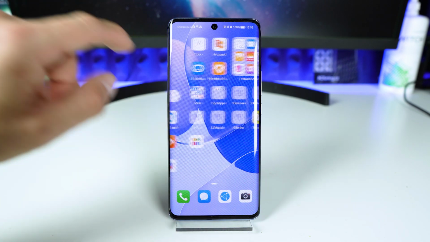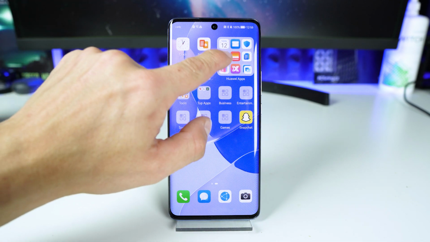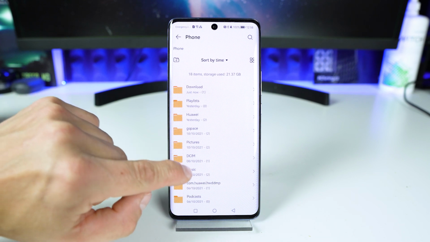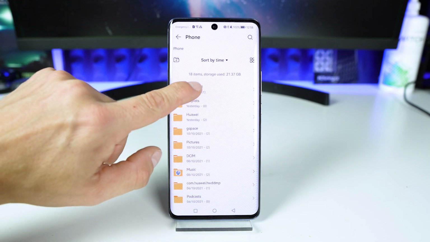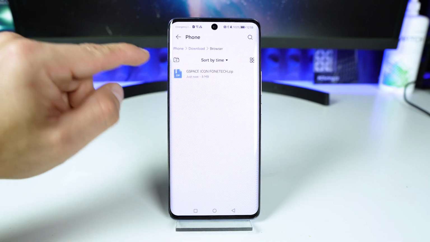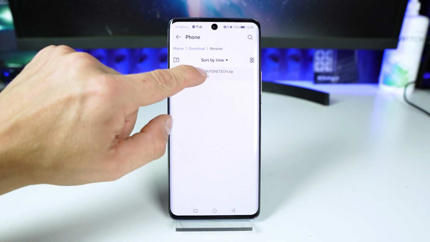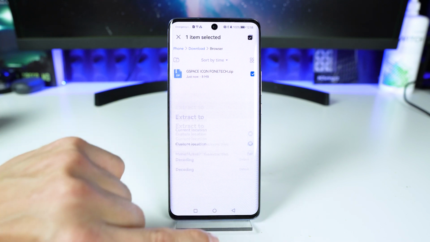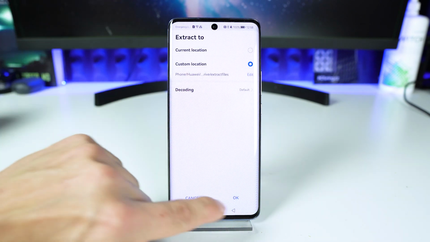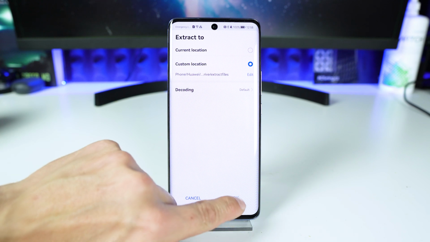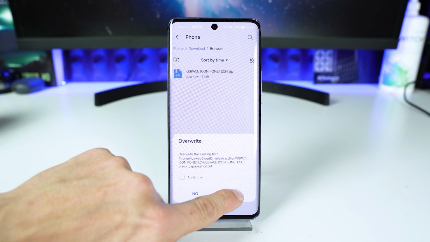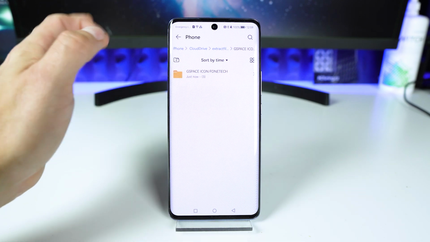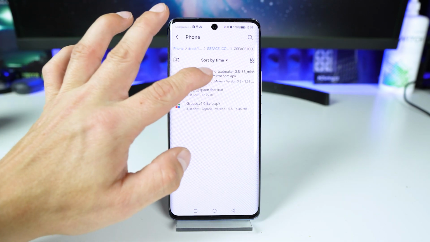you have to search for the files application. This one, open it. Phone. Search for download. This one, browser. And hold the finger on this file. Extract to, right here. Leave it as it is, and tap on OK, tap on yes, and now this is the extracted file, so tap on it, and